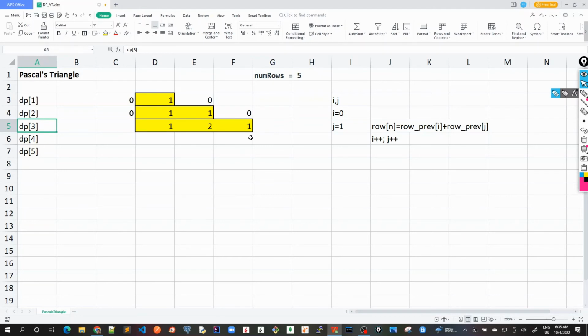For DP3, again the same formula applies. Once we append 0 and 0 at the ends of DP2, we apply the same formula. We take the row previous of i, starting with 0 and 1. So i is 0 and j is 1 here. This particular element we got from row previous of i, that is 0 plus 1. Then we increment both i plus plus and j plus plus. So here again, i is pointing to this, j is pointing to this. So this element becomes 1 plus 1, that is row previous of i plus row previous of j, and so on